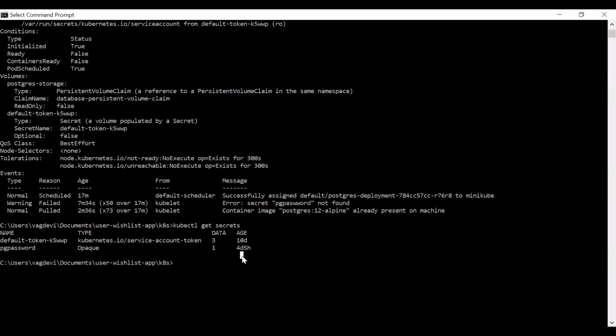Now we will again apply that Postgres deployment file because we have made a change to that, right? kubectl apply -f Postgres deployment .yaml file.